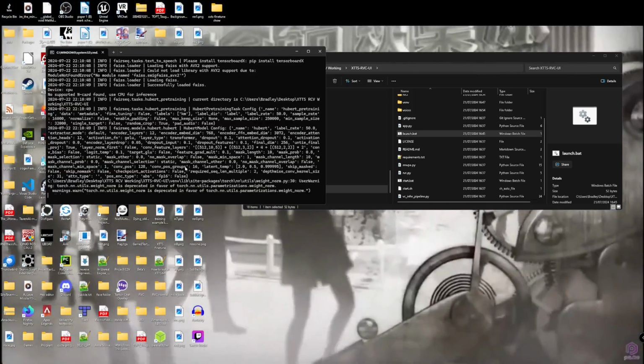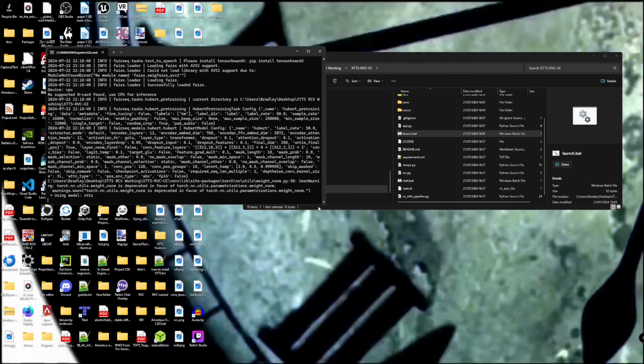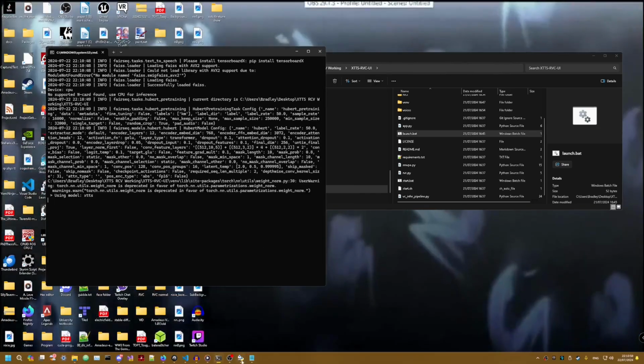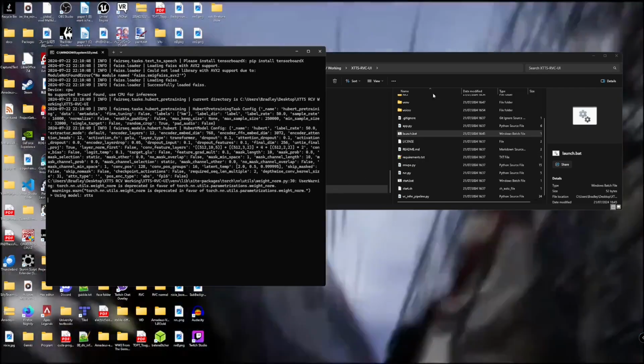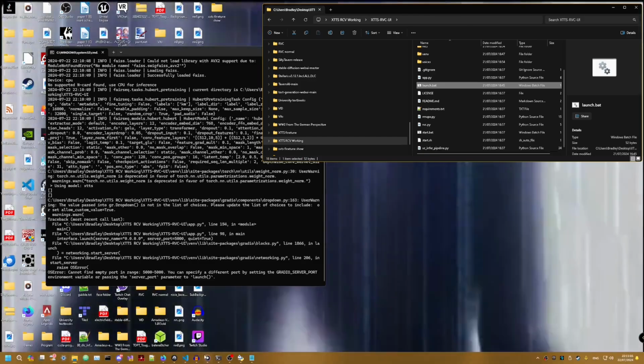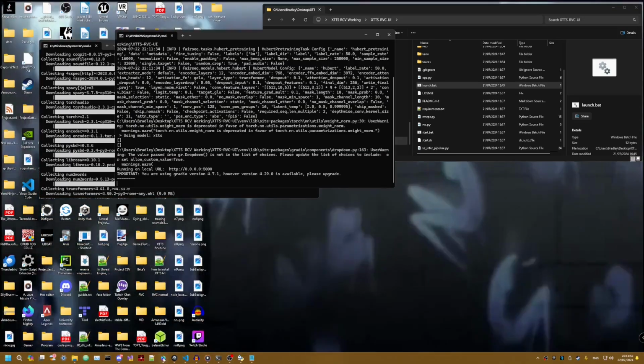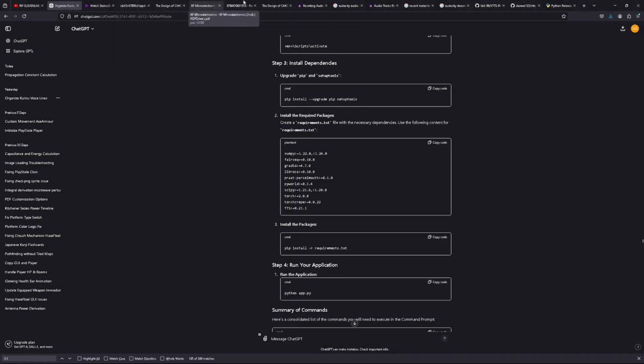I've got pretty weird stuff coming up here. It looks a bit overwhelming, but if you just follow the steps, you should be able to get it up. And if you've got any questions, just ask in the comments. I'll try to help. Yeah, there you go, it worked. It just didn't work before because I already had a server open. I had the OogaBooga